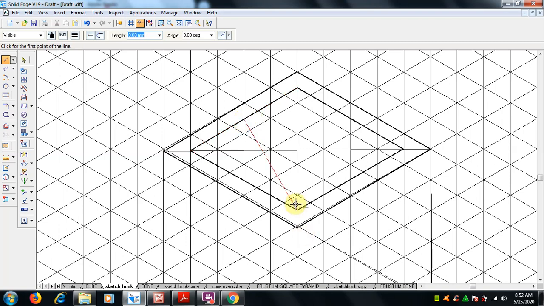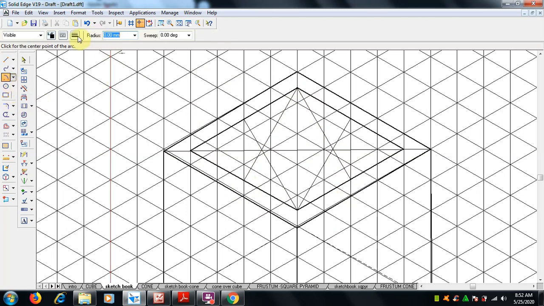And from here, where is the midpoint? Yeah, this is the midpoint here, and from here the midpoint is here. From here the midpoint is here. Okay, so now after completion of this we will go for arc.